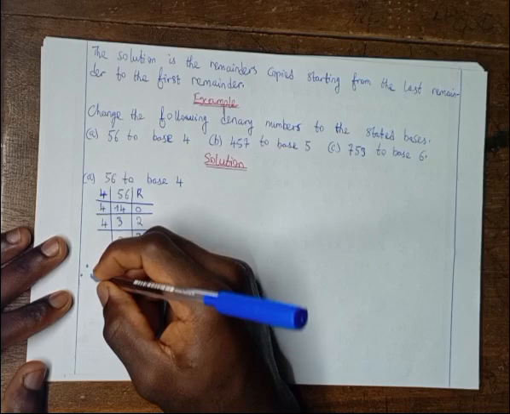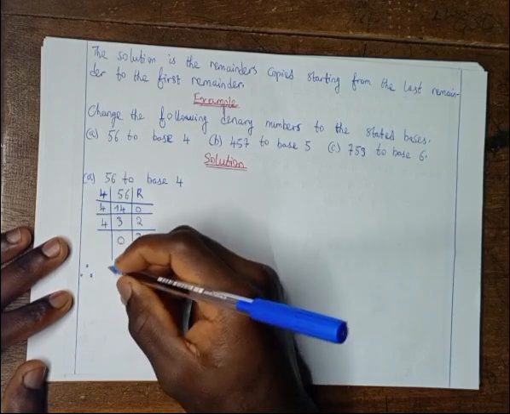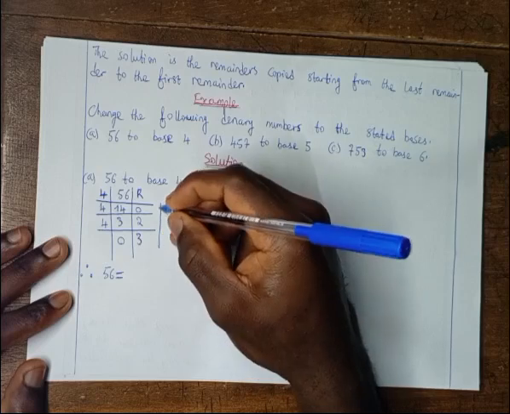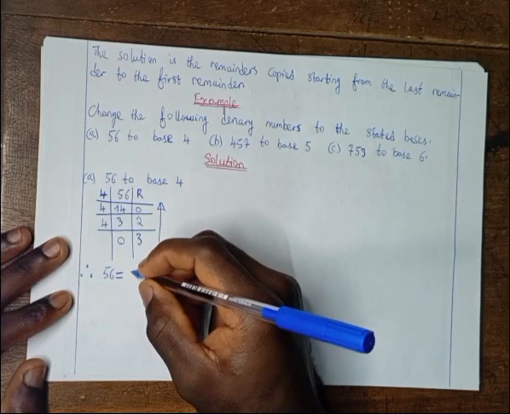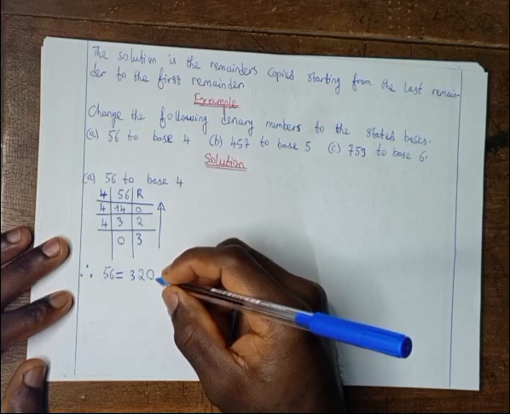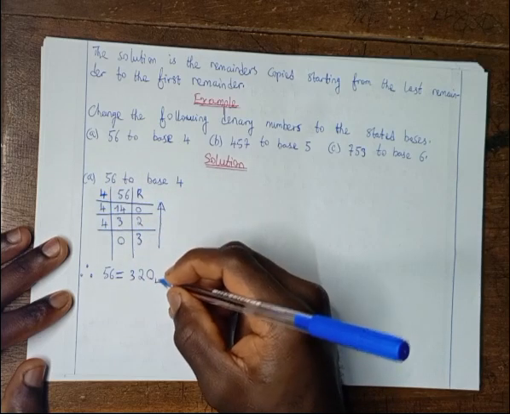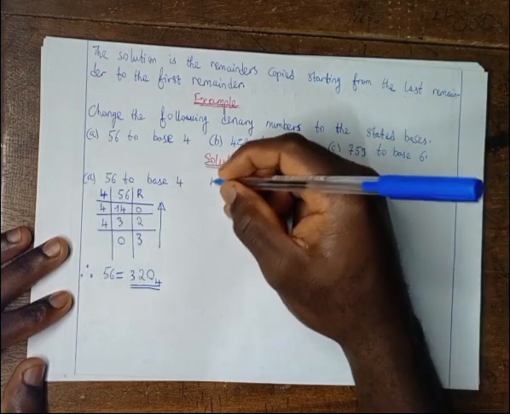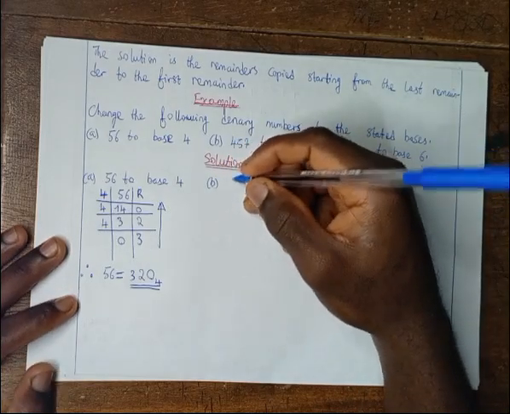Therefore, we conclude 56 will simply be equal to, we're going to copy the remainders from bottom to top, 3, 2, 0. Then we must specify the base, a new base of 4. This is the answer. Question B says we should change the number